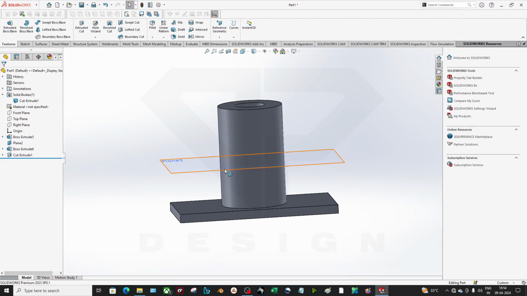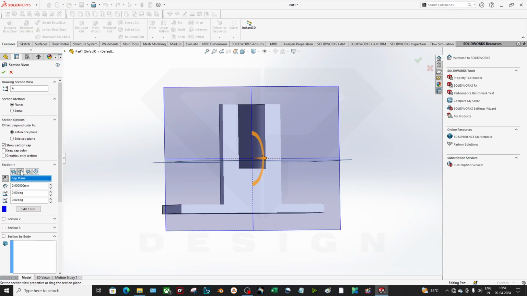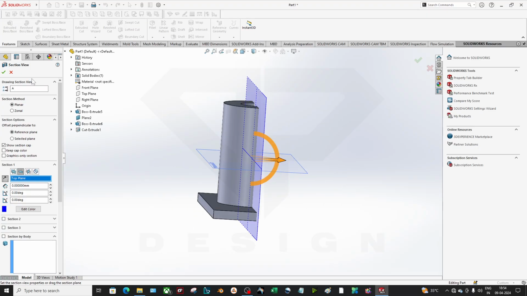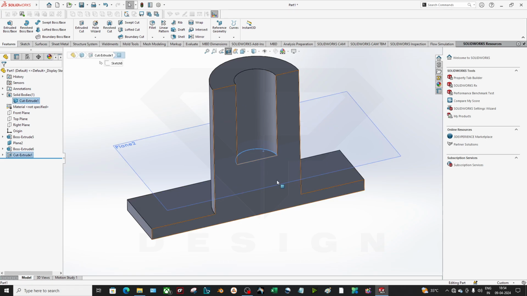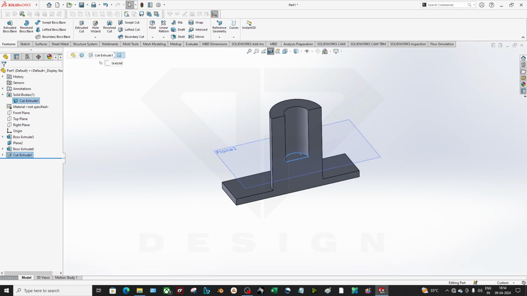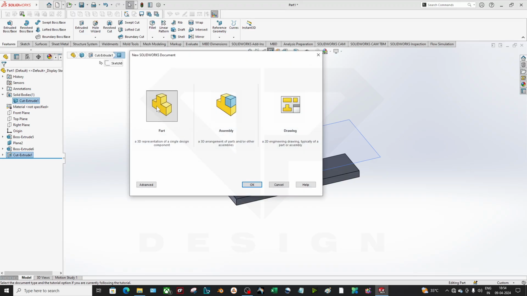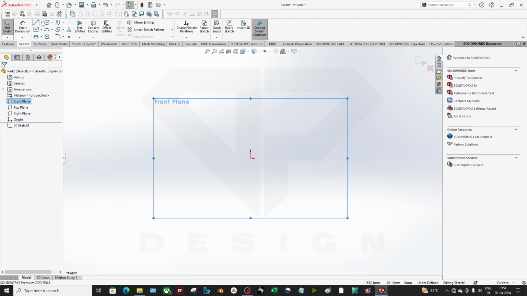Okay, done. If I want this in a section view, you can just go to the section view, apply the plane, and you can just click it off. Okay, as you can see, I have done the extrude cut over here. So this is how you can do the extrude command. Now we will move on to the